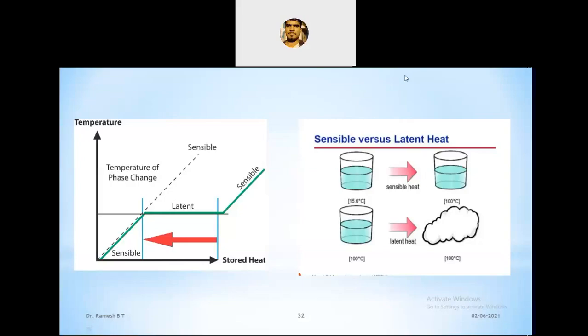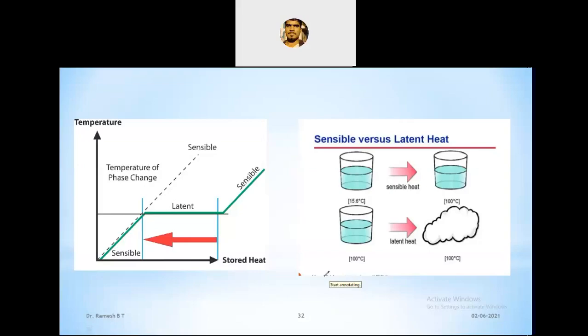So what is sensible heat? Which one do we call sensible heat? You just observe the graph. The graph is temperature versus stored heat. And in the other figure, you just observe sensible heat versus latent heat. First, we'll define what is meant by latent heat. Latent heat is the amount of energy that